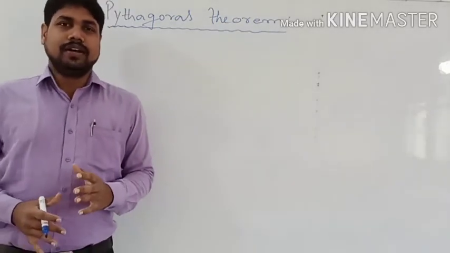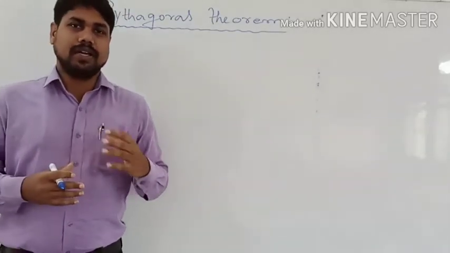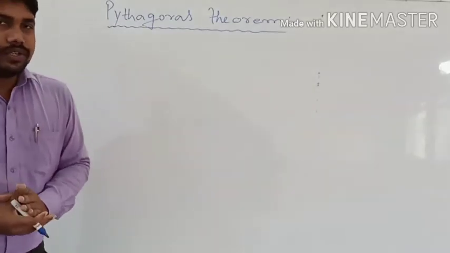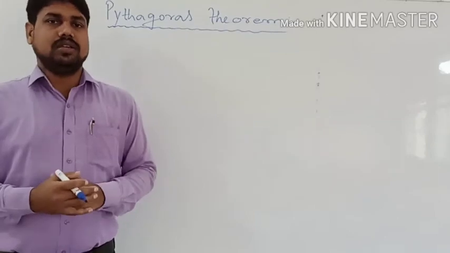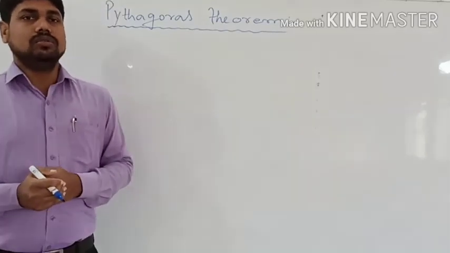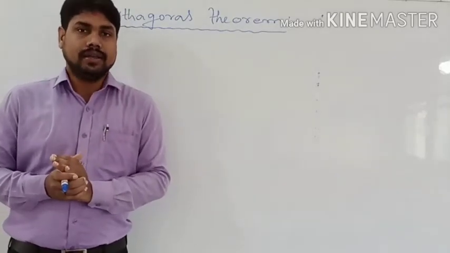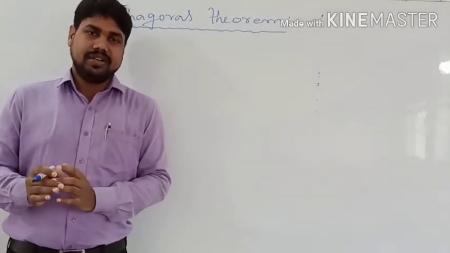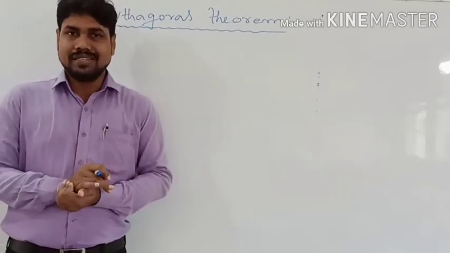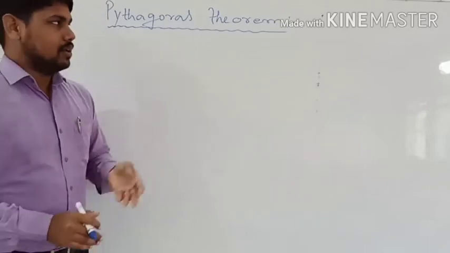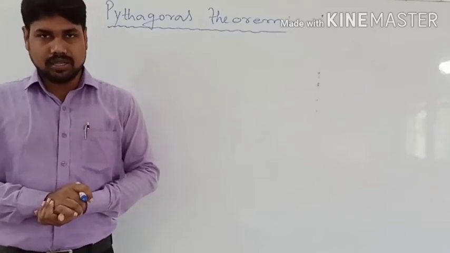Today we are going to learn about the very important topic of your class, which is Pythagoras theorem. Okay, so what the Pythagoras theorem is given. Actually, Pythagoras is a great mathematician who has given a relation of a right triangle. In a right triangle, we discover a relation among the hypotenuse and the other two sides, which is known as the Pythagoras theorem. Okay, so what happens in this Pythagoras theorem?